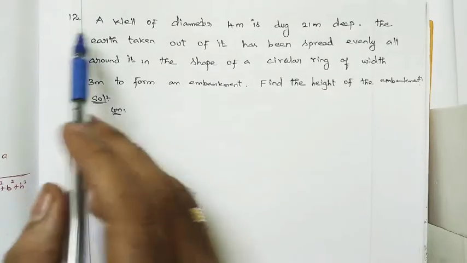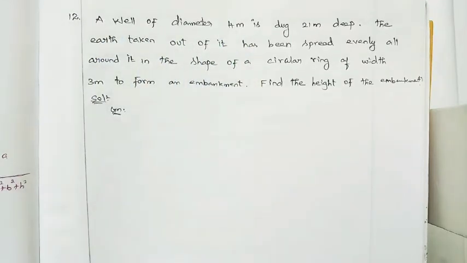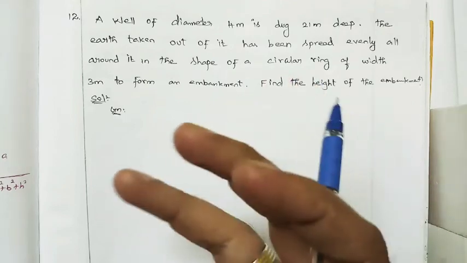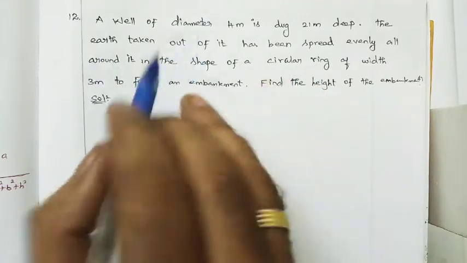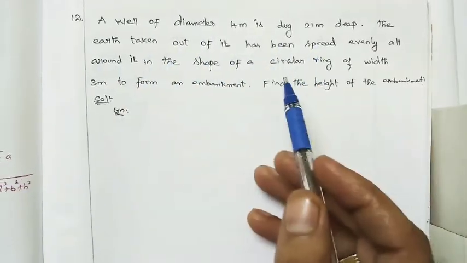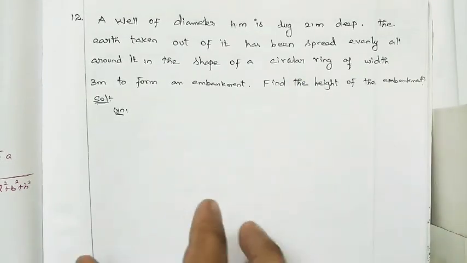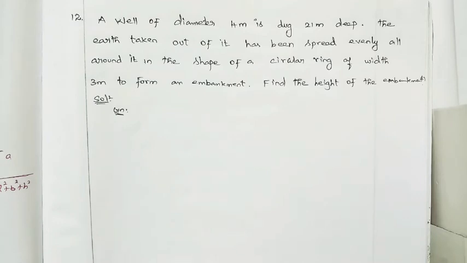So number 12, and this is a very important sum, right? Last class itself I told you, they will take some sand or whatever it may be from the earth, and they will make some other solid, and both volumes will be the same, right? While we are taking the sand from the earth in some shape, and they will spread it or mold it into some other solid, right? So both the volumes are equal, the same methodology, right?